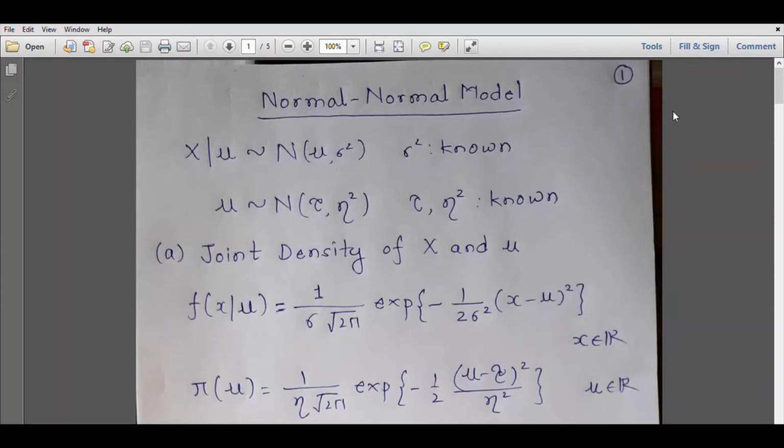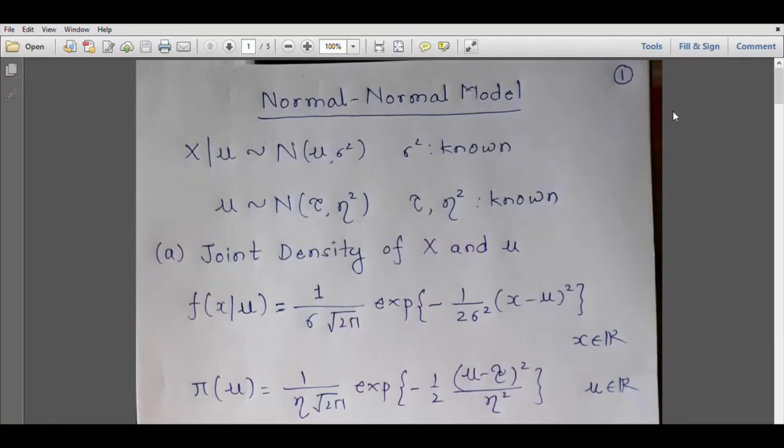Hello students, so far we have studied different single parameter models for datasets. For example, Poisson gamma model, beta binomial model. When we say Poisson gamma model, we mean that we have observations from Poisson distribution where the Poisson mean has gamma distribution. Similarly, beta binomial model, we mean that we are getting data from binomial distribution and the probability of success associated with the Bernoulli trials in the binomial has beta distribution as a prior distribution.